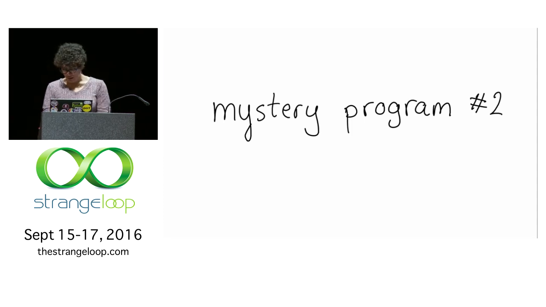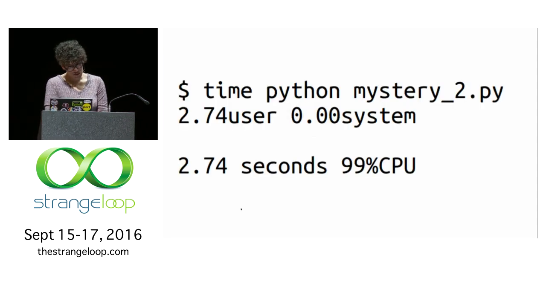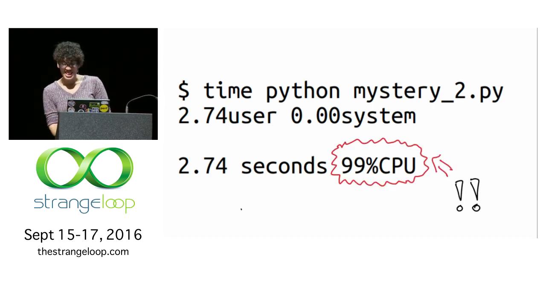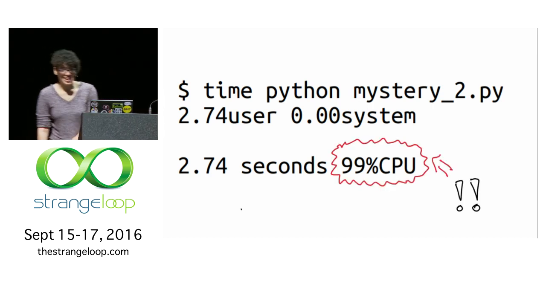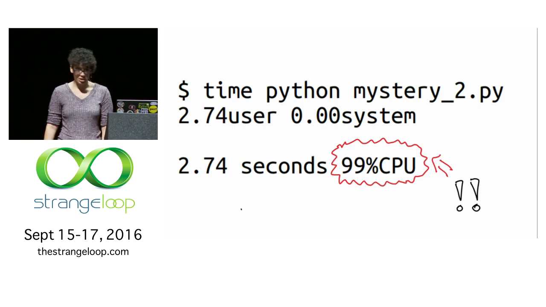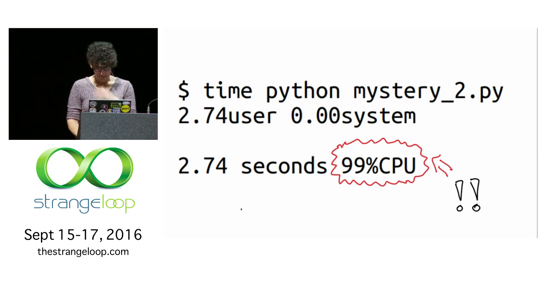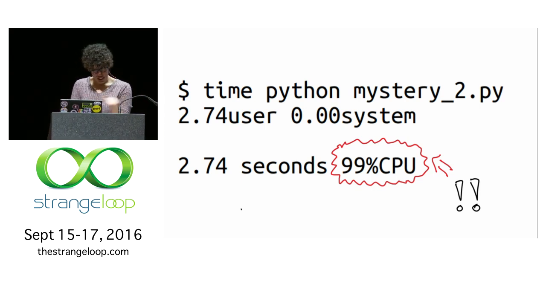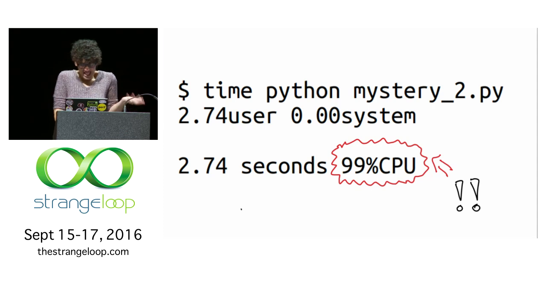OK, mystery program number 2. This one took 2.74 seconds, and it spent 99% of its time on the CPU. This one is not really a big mystery. But I wanted to point out that not all problems can be solved by looking at system calls. Because if you're on the CPU, you're just adding stuff up or something.